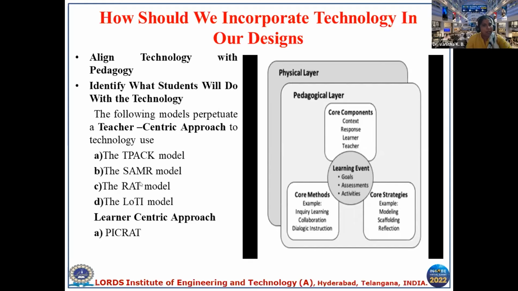And then the SAMR model. According to the SAMR paradigm, educators can substitute, augment, modify, or redefine their present instructional approaches by using technology tools. The RAT model classifies technological choices according to whether they replace, amplify, or transform the methods of instruction already used by the instructor. For the RAT model, technology is the best example. And the LOTI model depicts seven levels of technology use by teachers in the classrooms.